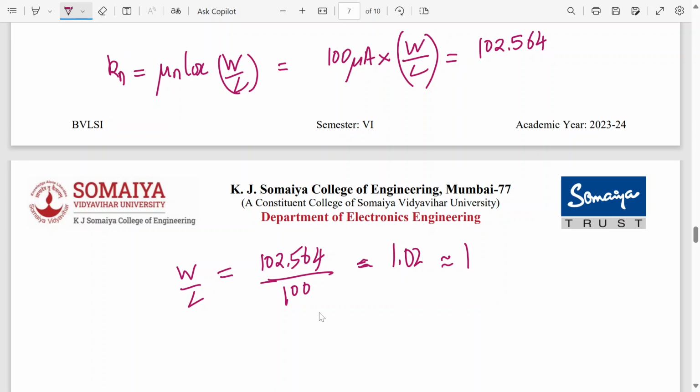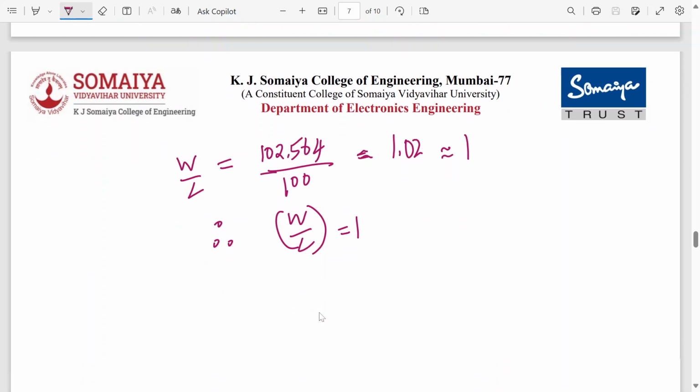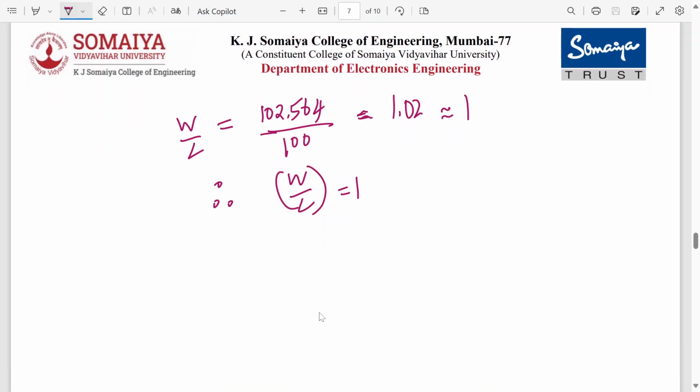Almost equal to 1. So therefore the sizing of the transistor should be done in such a way that W by L ratio should be 1. Okay, and now we have to draw the designed circuit. So write down finally